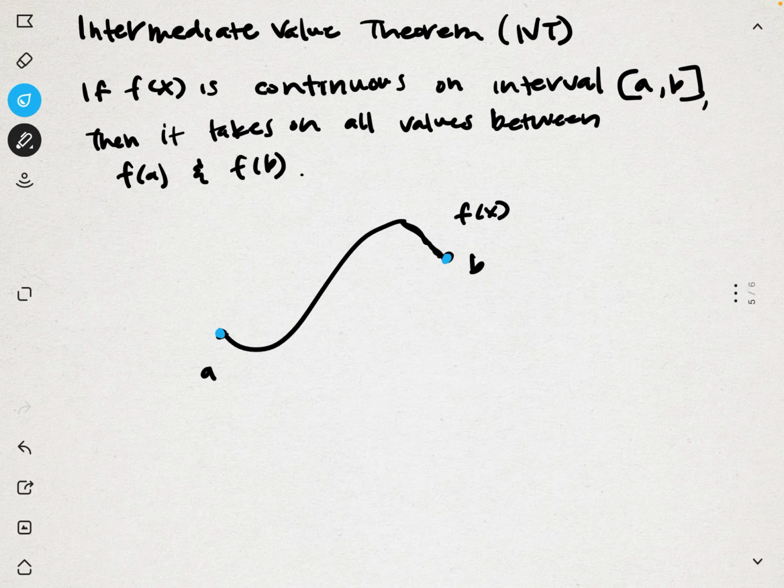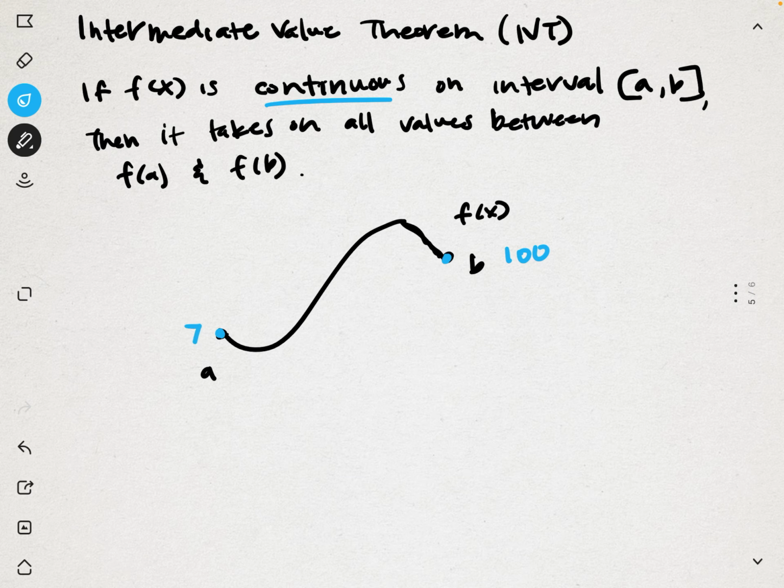So it says that if f of x is continuous, so again, the whole idea of continuity is very important in many of these theorems, on the interval from A to B, then it takes on all values between f of A and f of B. So let's say B was some arbitrary number, 100, and A was 7. Because this is continuous, we know that at some point in here, we're going to have every value between 7 and 100. We're going to have 59, we're going to have 27,